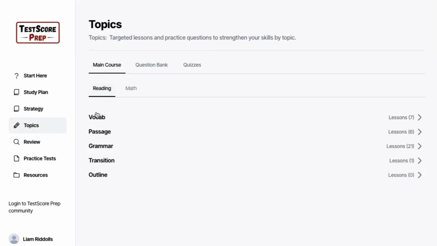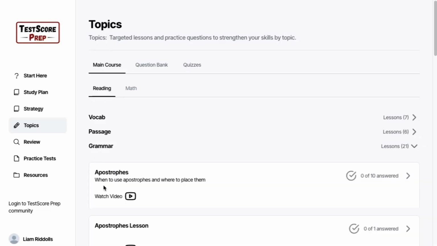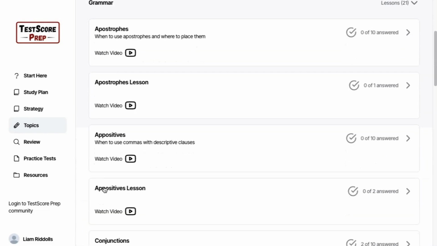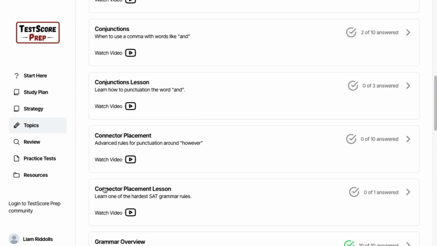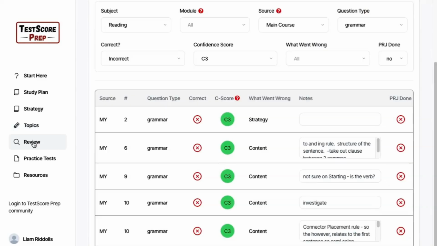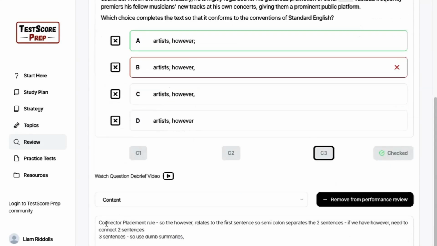Search in the main course for reading, grammar, and scroll through, and you find that there's 2 videos and some questions on connector placement. You can watch those videos and answer the questions until you feel like you've now resolved whatever was causing you to get wrong answers on this topic before. Once you're confident you now understand the topic, you can return to your review journal and go back to the question and either make a note